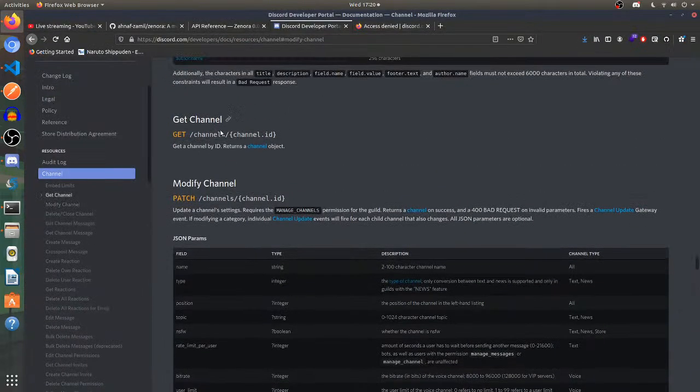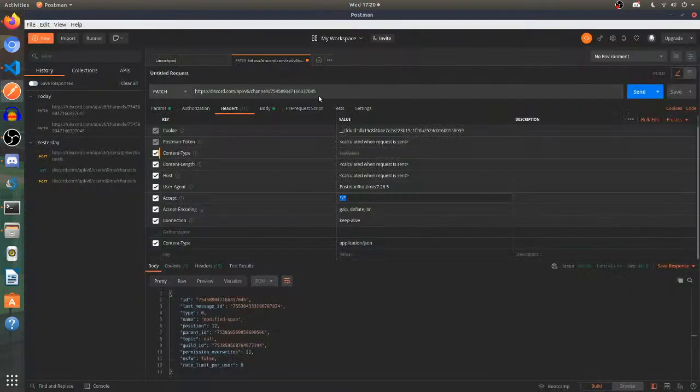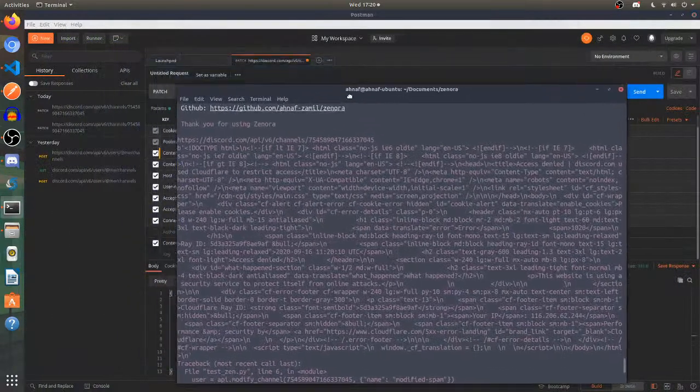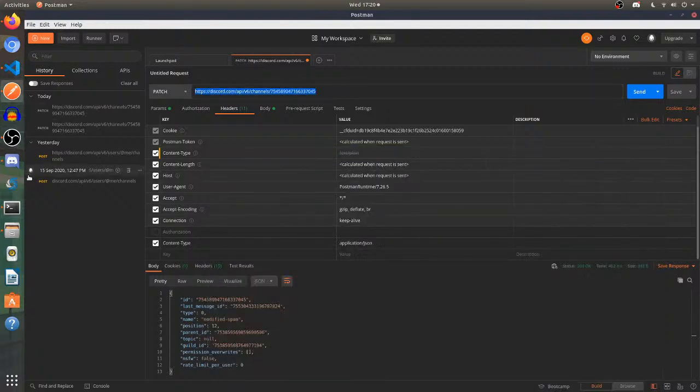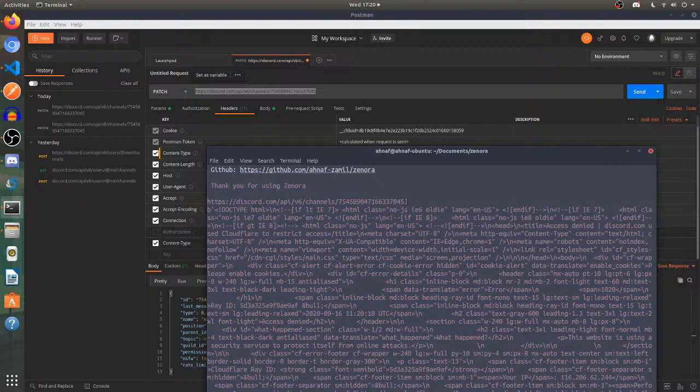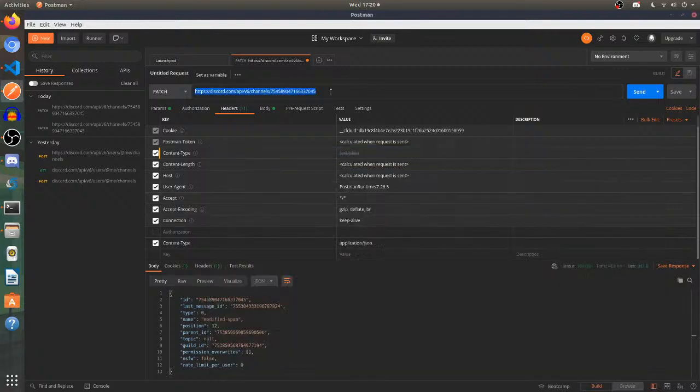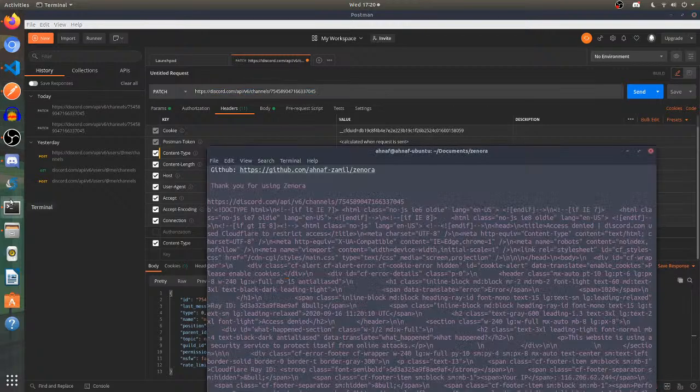And is it similar to the ones? Let's actually compare these two. If I actually copy this link, Control C, paste it, we still have the same thing. Then why is it not working?